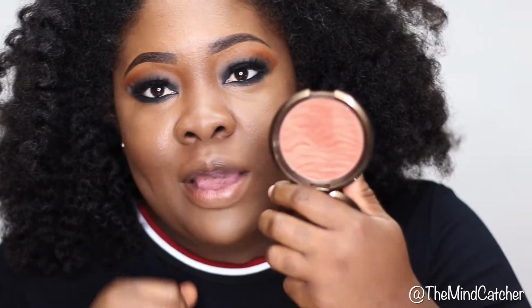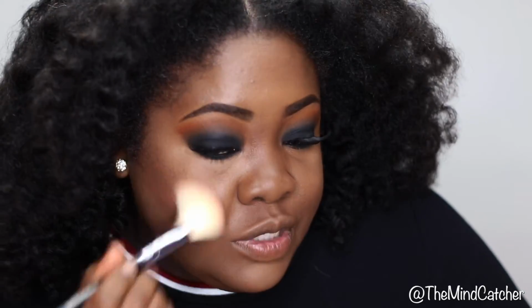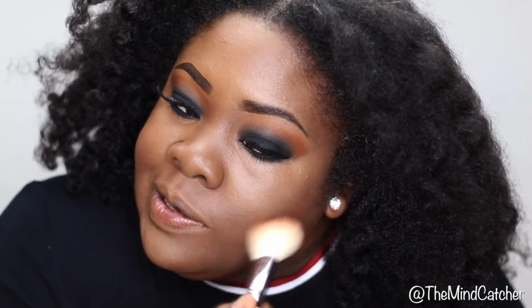All right, guys, for my bronzer, I'm gonna be using Maui Nights from Becca. We're gonna go here in our outer corner here, right here in our cheekbone. And sometimes I like to use this as like a bronzer slash blush. Like if I can't decide what blush to put on, I'll just leave it with the bronzer. I'm thinking that's what I'm gonna do